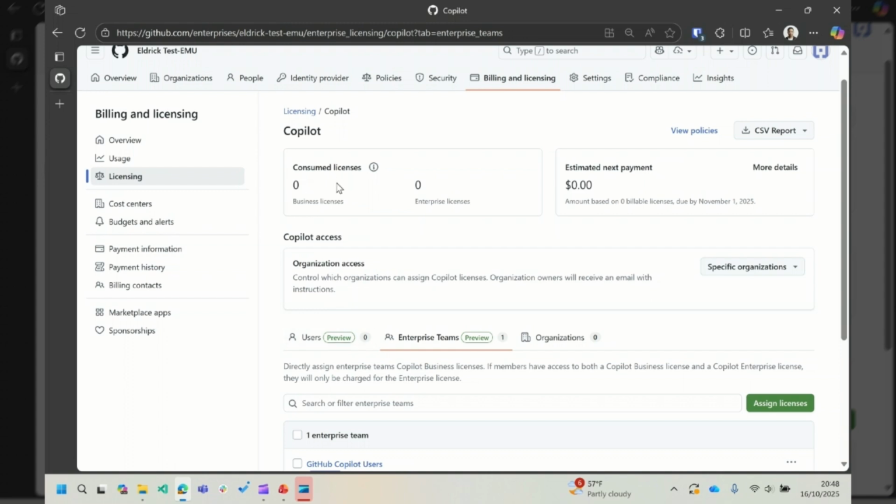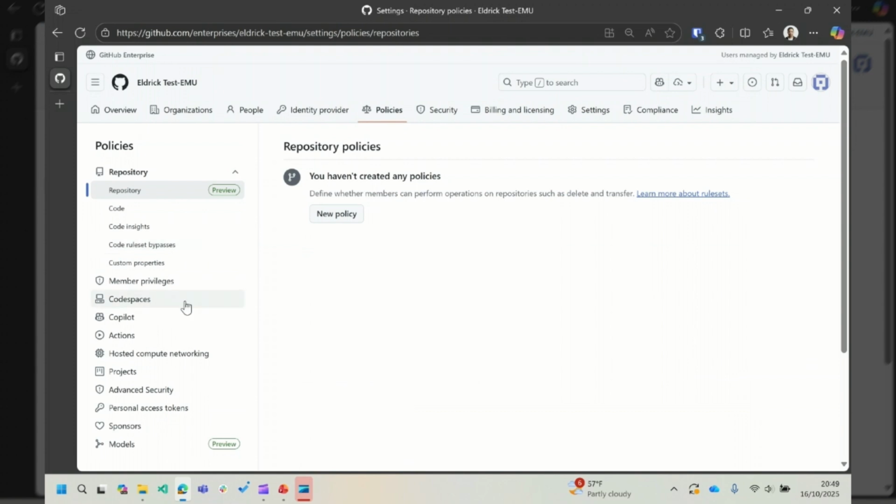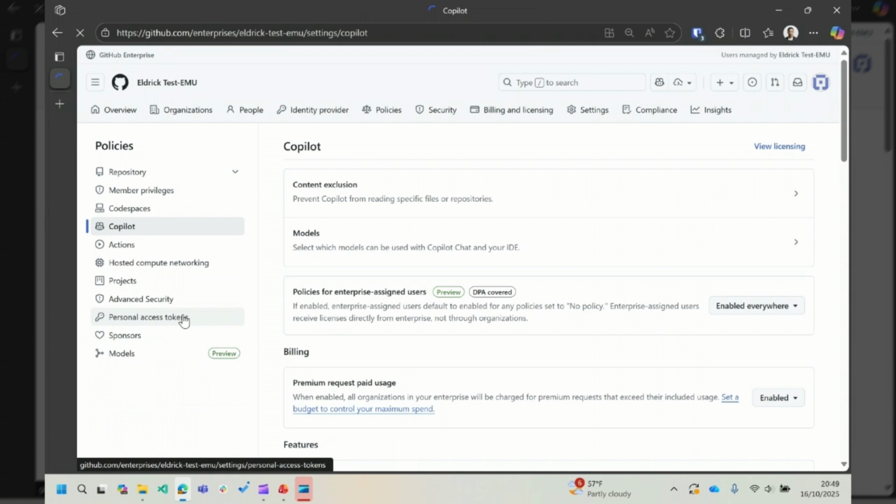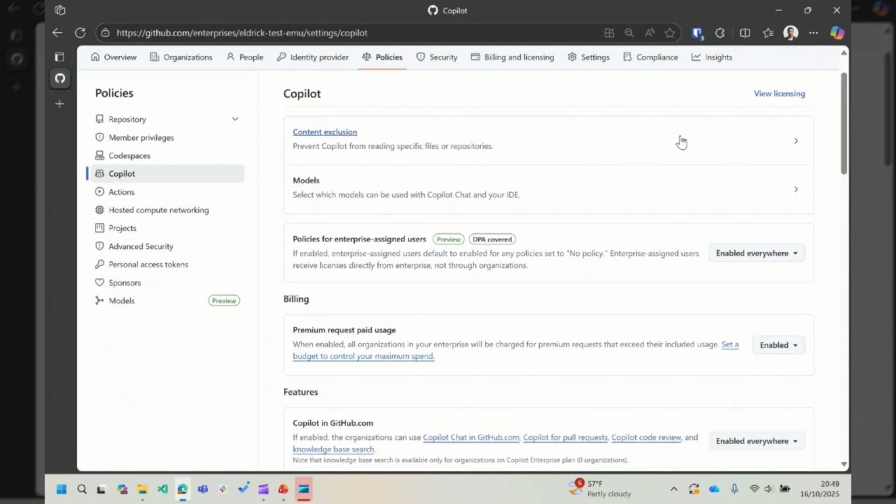I will navigate now to policies to configure the access and features that are available for Copilot to my users. So I will go to policies in the top middle. I will navigate to Copilot on the left. And you can see here that I have different policies that I can configure. I can configure content exclusions for users or for use cases where I don't want Copilot to see specific files. I can configure the models that Copilot has access to. And so if I click on this button,